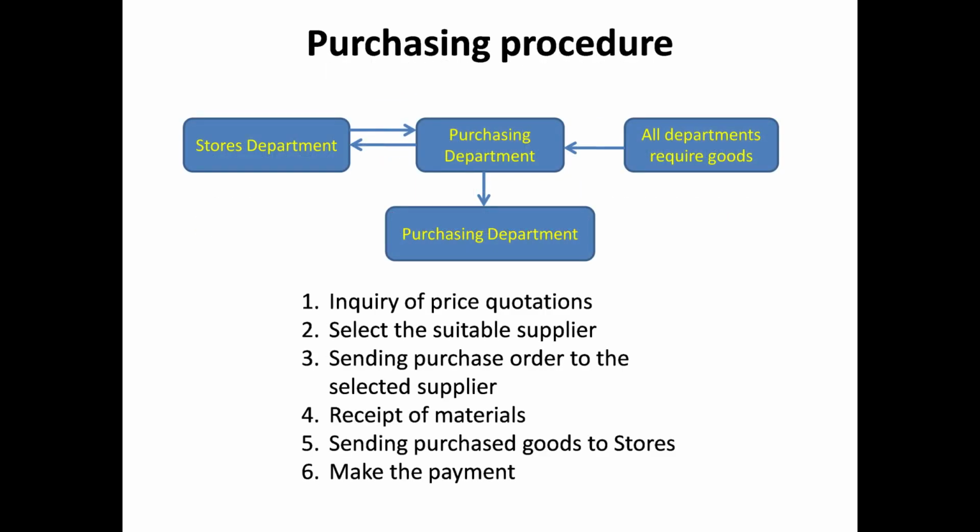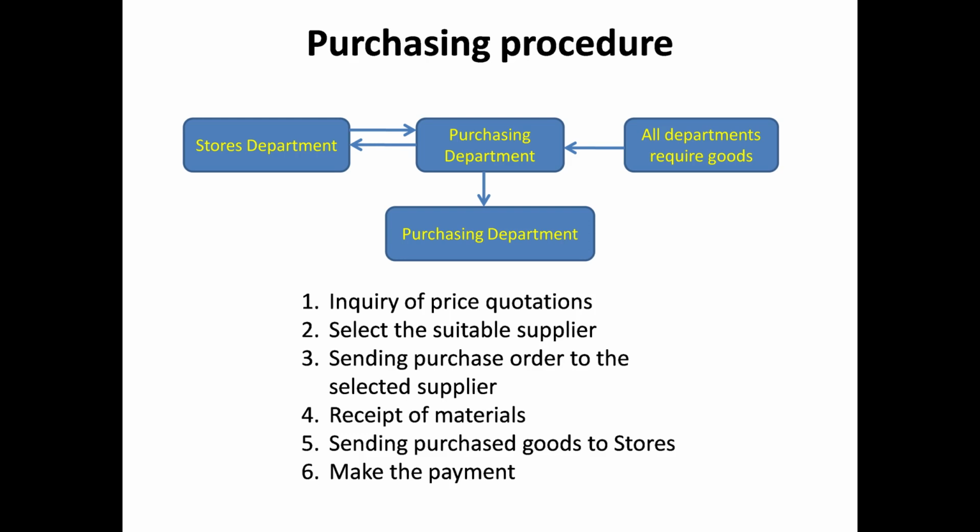Purchasing procedure. Look at this diagram. We'll start from the part where all departments require goods. Every department inside the organization will need some items like printers, computers, fans, like that. If they want any item, they have to purchase those items through the purchasing department. Therefore, that department has to inform the purchasing department to buy the specific